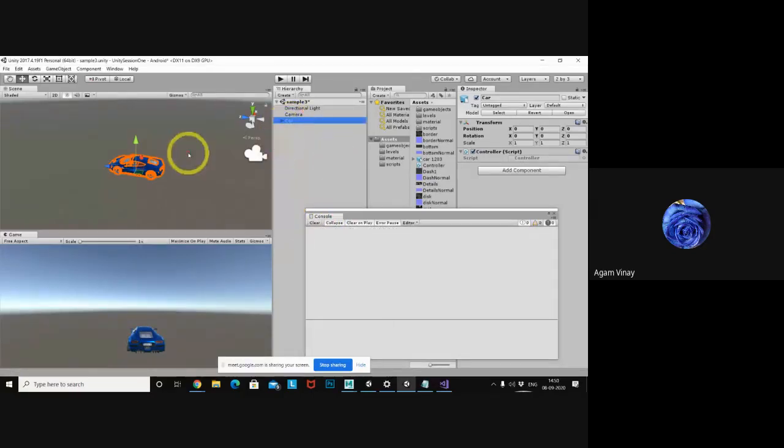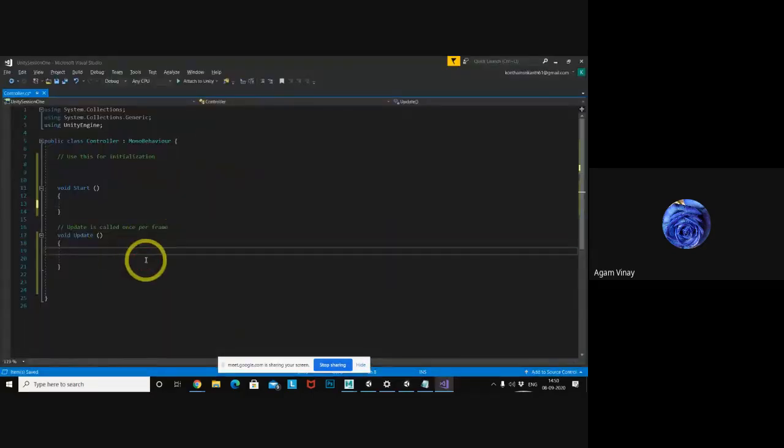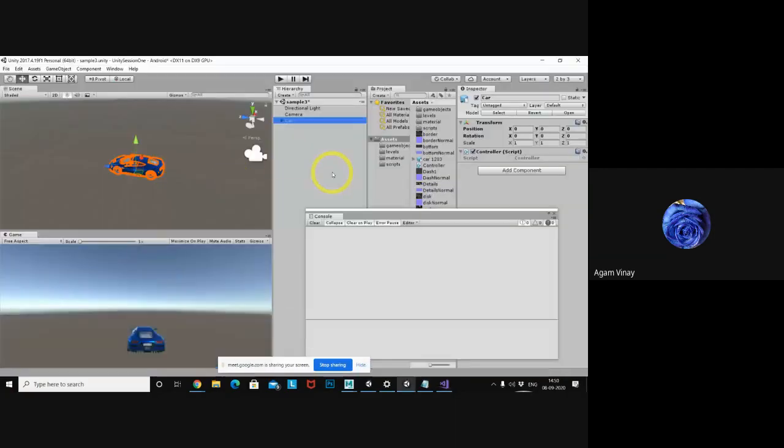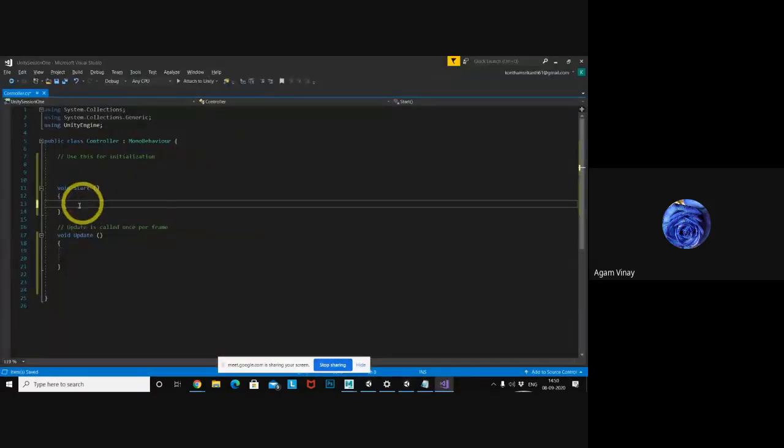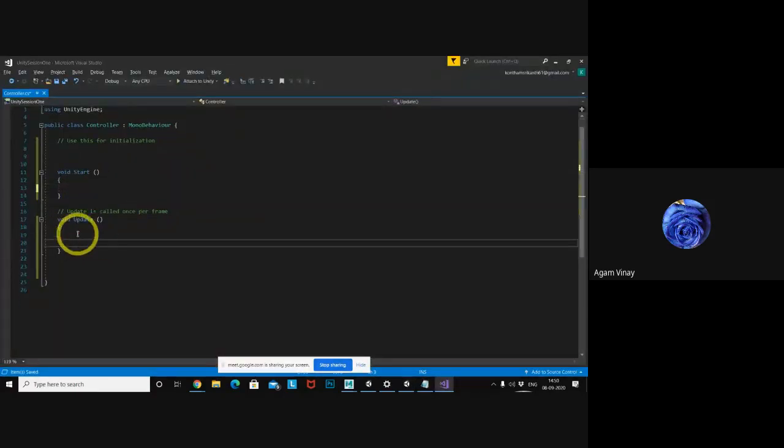Okay, now I want to change the script a little bit. I want to add to the position continuously. Start will execute only once, right? So I want to add the value continuously. So what will I do? Same game object dot transform dot position. This position I want to add to every time. So I am going to use this operator.